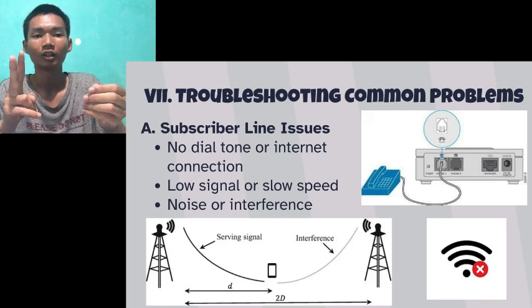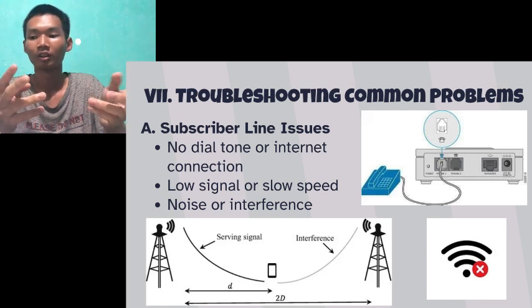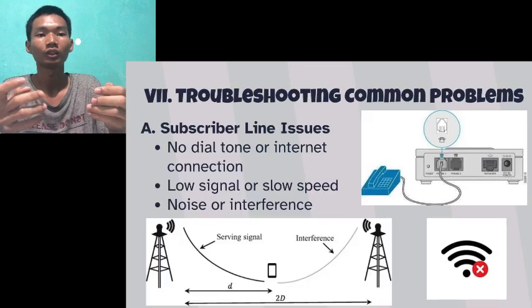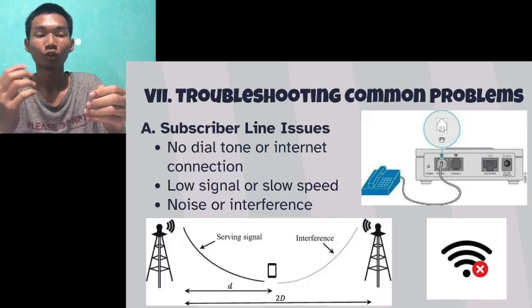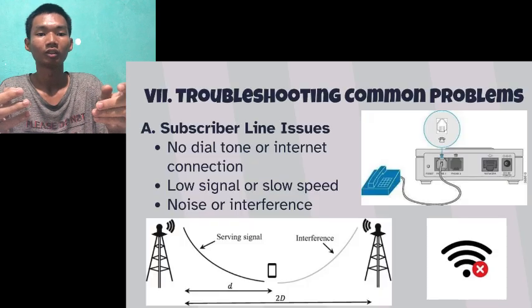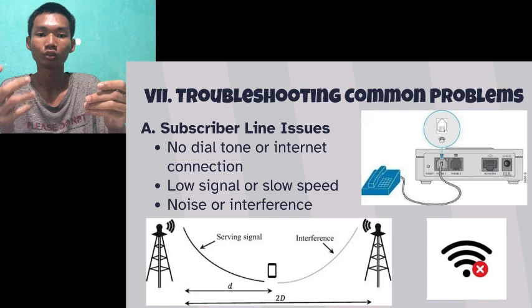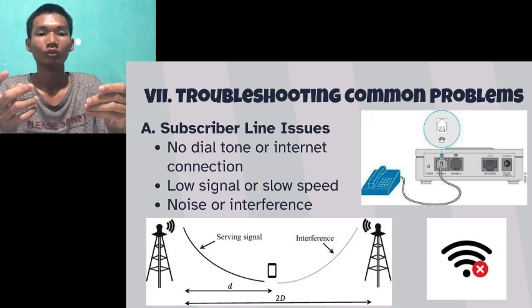Second is the low speed or low signal. This is often caused by attenuation, or the signal getting through but being weakened by a bad splice. That's why you should use the right tool or a wire stripper to connect the fiber cable. Usually there might be moisture in the wire, so the wire got damaged, causing a low or slow signal connection.